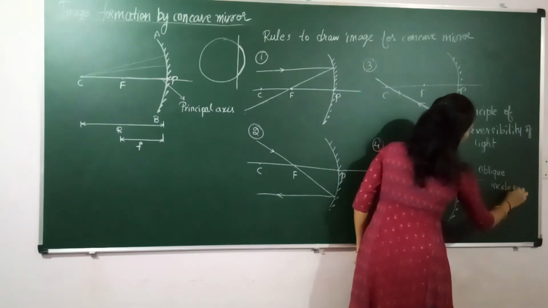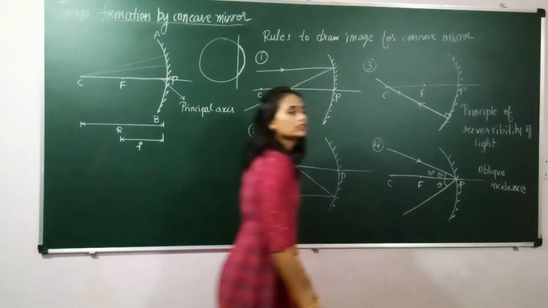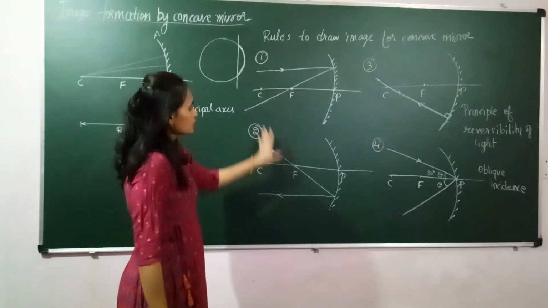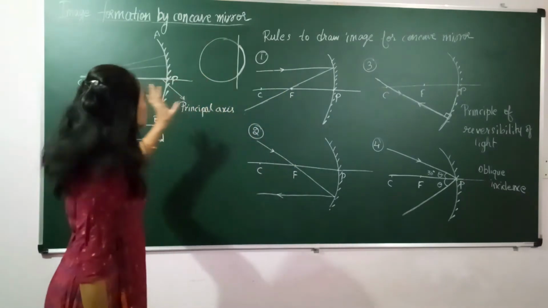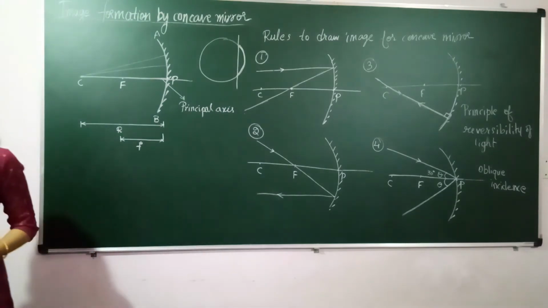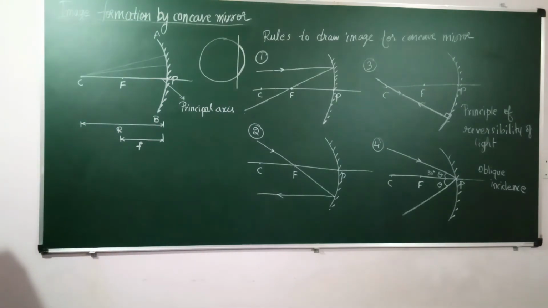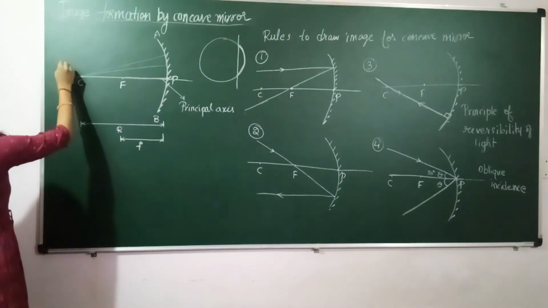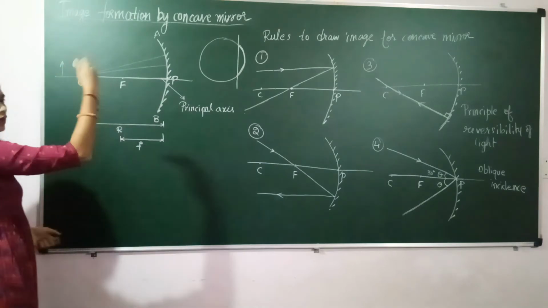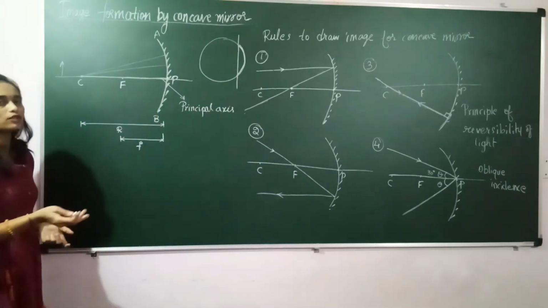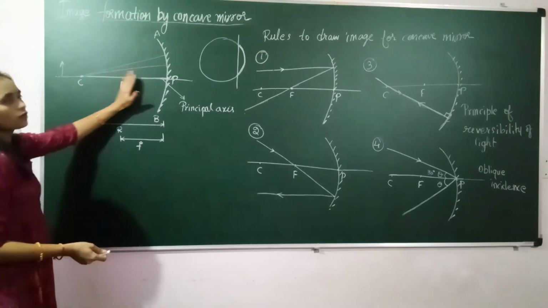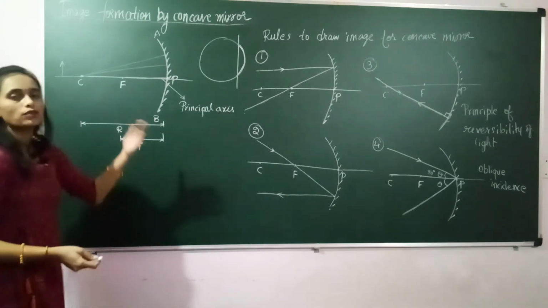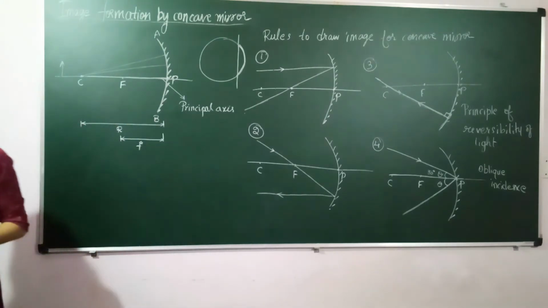So these are the rules to draw the ray diagram to get the image for the concave mirror. So using these rules we will draw the image using the concave mirror. So first we will take case 1. See here how we will draw images: first we will place the object beyond C. If we are placing the object beyond C, where we will get the image and what type of image we are getting. So we will change the position of the object and we will see where the image will be formed and what type of image we are getting. So all this we will study one by one.